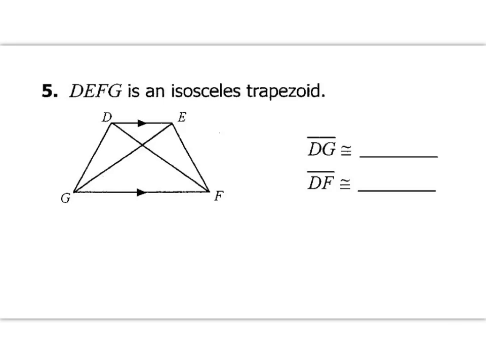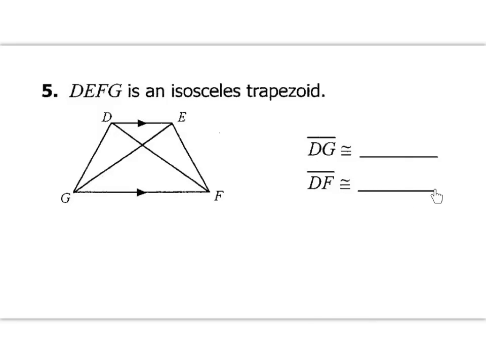All right, number 5. In number 5, we're given that DEFG is an isosceles trapezoid. So we want to use the properties of an isosceles trapezoid that we know in order to fill in these missing segments. So what we're trying to look for is DG is congruent to what segment, and DF is